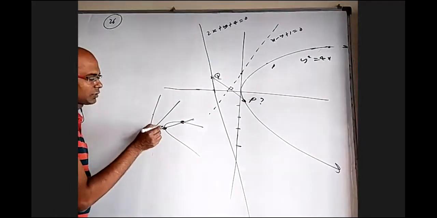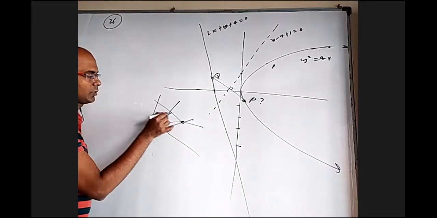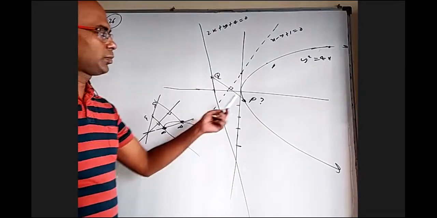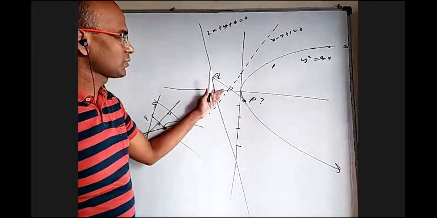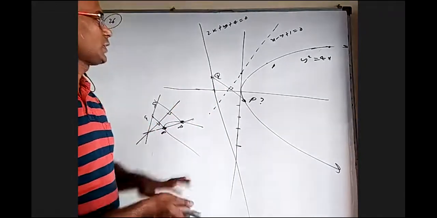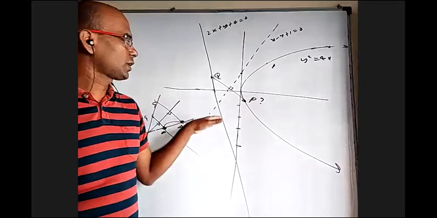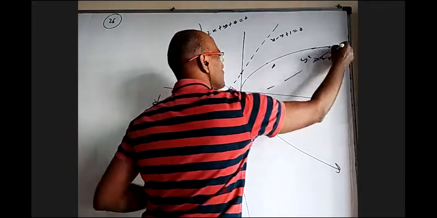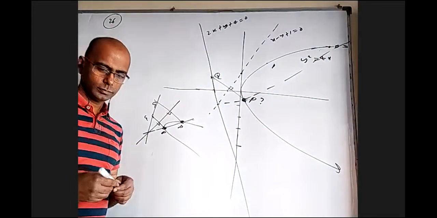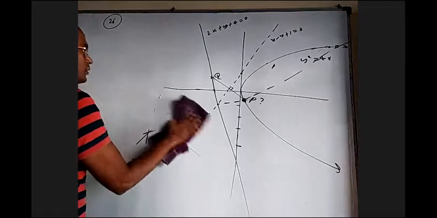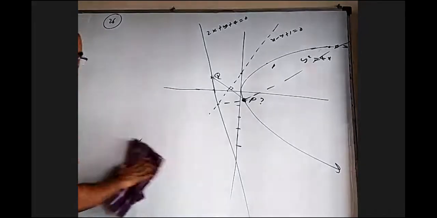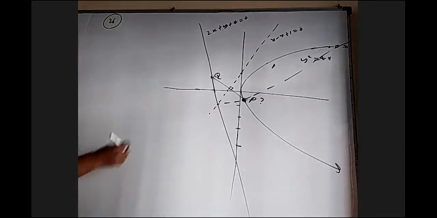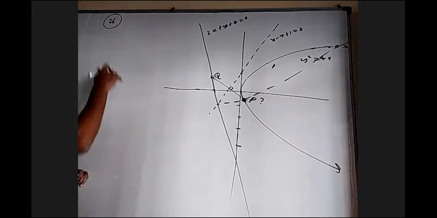Why? Because the perpendicular bisector will be like this. Here also perpendicular bisector. This is P, this is Q, this is P, this is Q. So one way is take the general point of the parabola at square, 2at, find image with respect to this, put it in this line. Another method is image of this line you find, you will get a line like this. And those 2 points will be the answers. Either way you can do it. Is everybody clear about the question 26? Yes. Okay. Somebody not understood the question, I'm ready to explain.